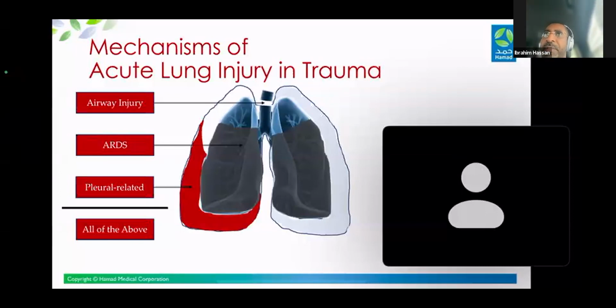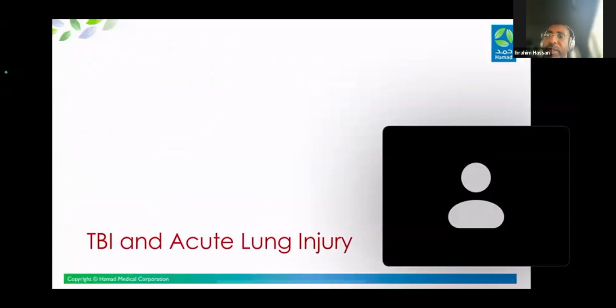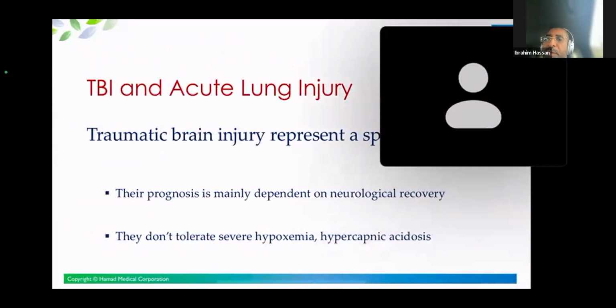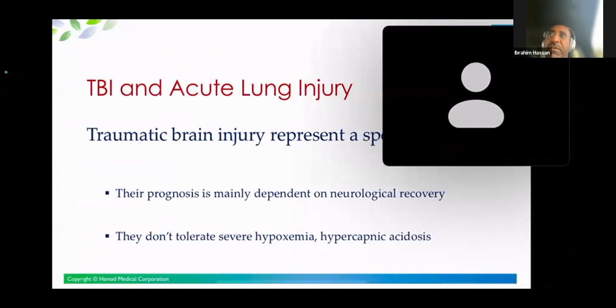And the standard treatment that you do for your typical pneumonia patient is a bit different and needs really a stratified strategy. And when you combine that with a traumatic brain injury, these are a set of patients that have probably not the best prognosis, but it's also difficult to identify who will get better and who will not. So the prognosis mainly depends on the neurological recovery. You can fix the lung, but if their brain is not recovering, that will add to the mortality.